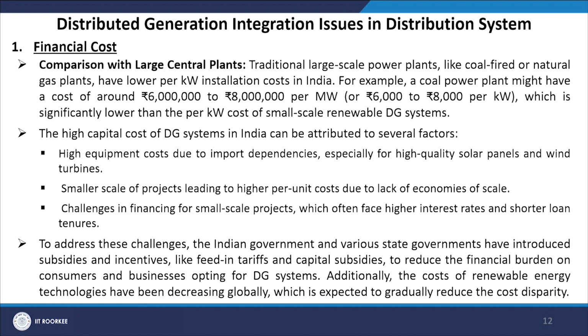small scale renewable DG. Now, the high capital cost of DG systems in India can be attributed to several factors. High equipment cost due to import dependency, especially for high quality solar panels and wind turbines. Smaller scale projects leading to higher per unit cost due to lack of economies of scale. Challenges in financing for small scale projects, which often face higher interest rates,